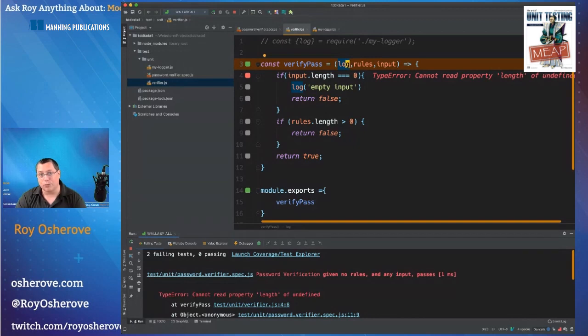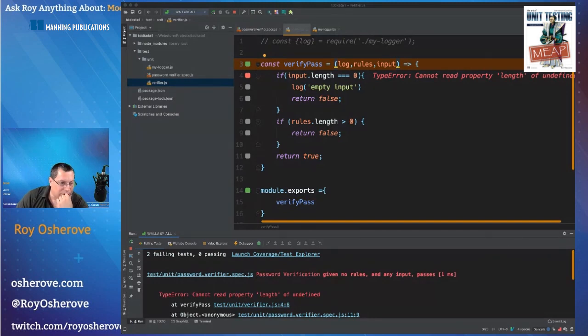But in the functional world, we can use currying, and we have a bunch of frameworks for that kind of stuff that would allow us to configure verify pass as a function that takes the first 2 parameters and gets configured, and gives us another function that only takes an input. So technically, we can treat it almost like a class with a constructor. I do believe I have an example of that here.